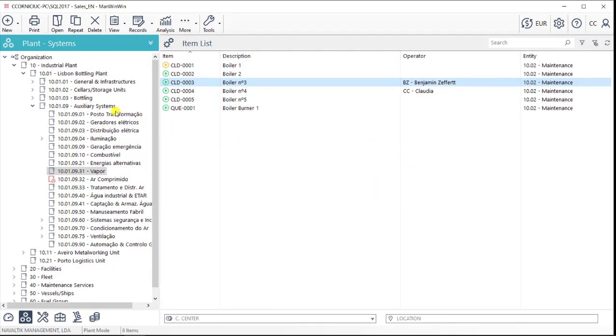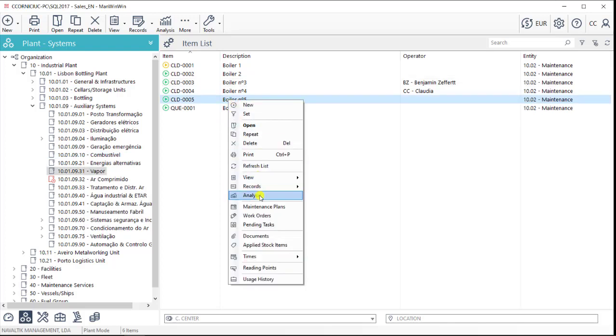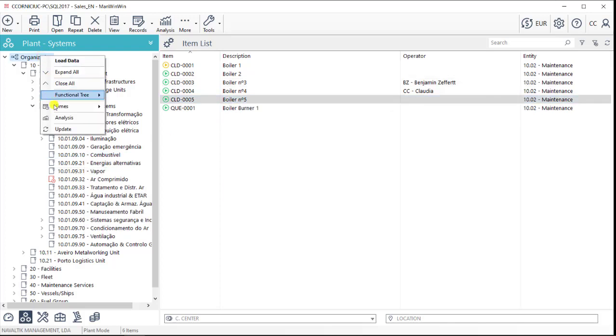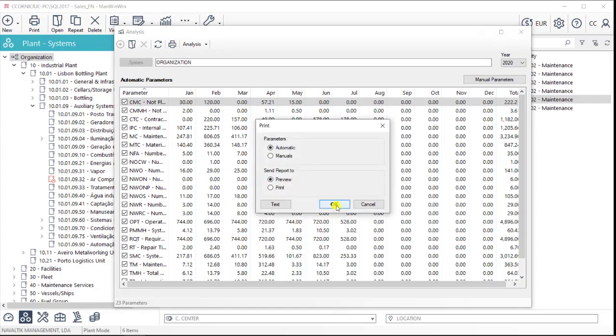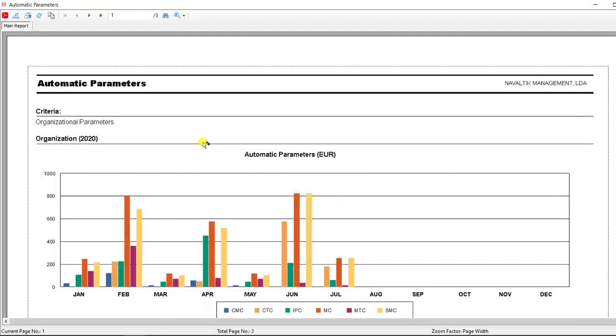But aside from this, Manwinwin provides us also with other ways of analyzing our maintenance data. One way is by accessing the analysis, which can be done from the top of our organization to the bottom at the equipment level. The history of this analysis will be stored from the moment we start using the software, and this analysis will then be able to be accessed in 3 categories,